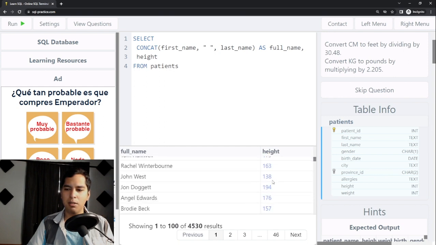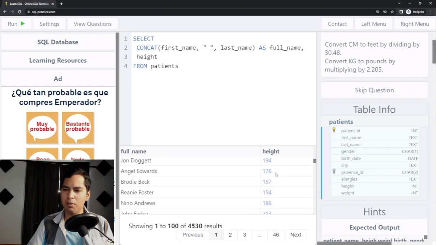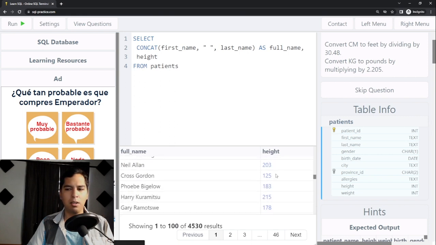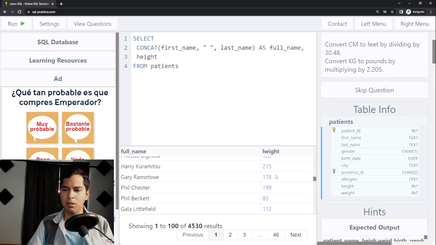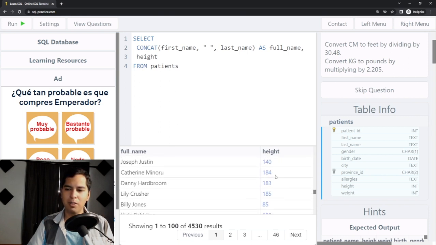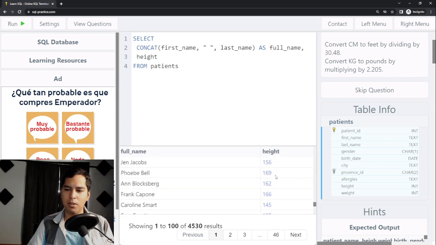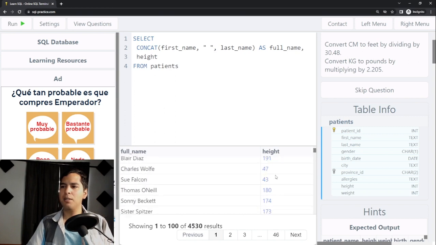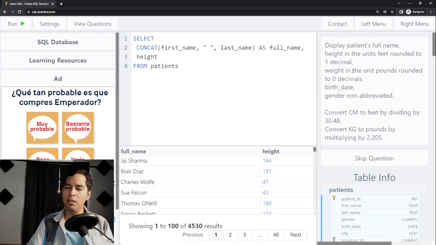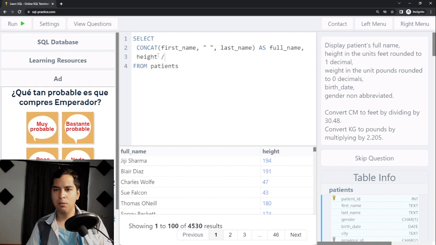194 centimeters, 220 centimeters. Yeah, I think... Oh, these are very tall people. 190, 157. Okay, we don't know, but it says we can convert cm. Okay, yeah, maybe it's centimeters to feet by dividing by 30.48. So we need to convert the height from centimeters to feet by dividing